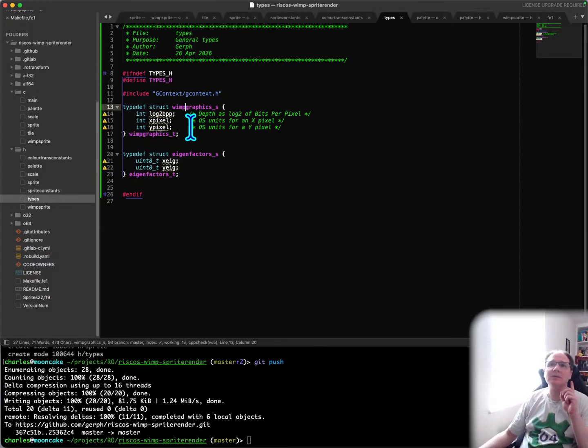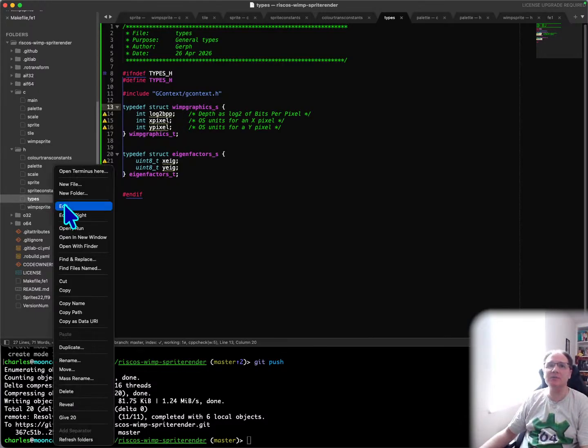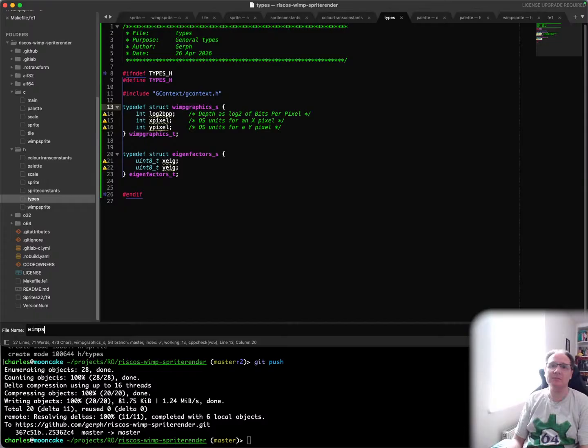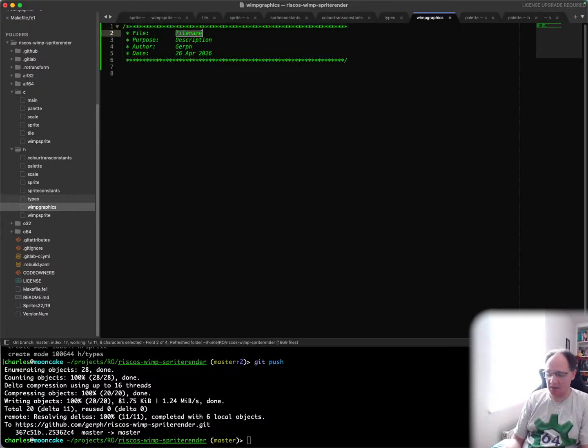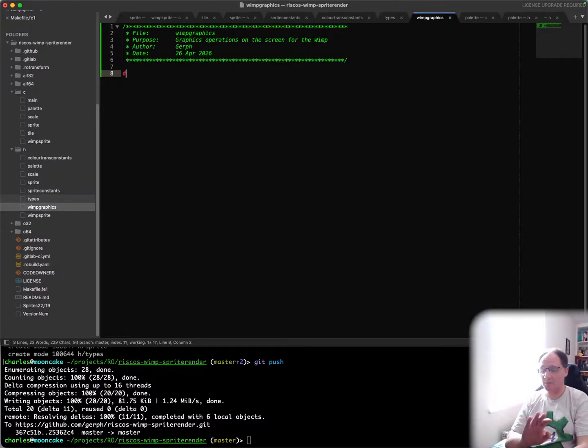we should write a create routine for that. So let's create a Wimp graphics, and we'll create graphics operations on the screen for the Wimp. So this may actually need a bunch of other things. This will also include things like Wimp Sprite Pool and other bits and pieces in there as well. So we can look stuff up, but at the moment we don't really have very much. So include